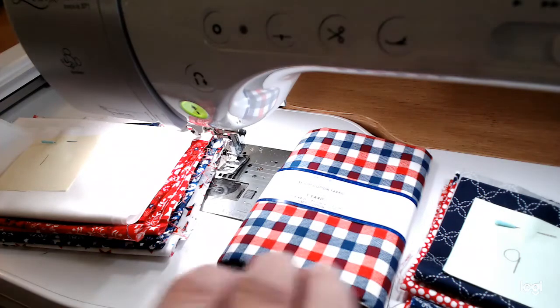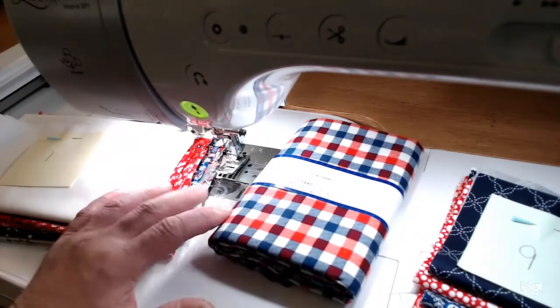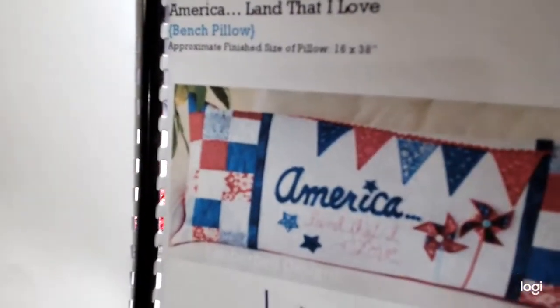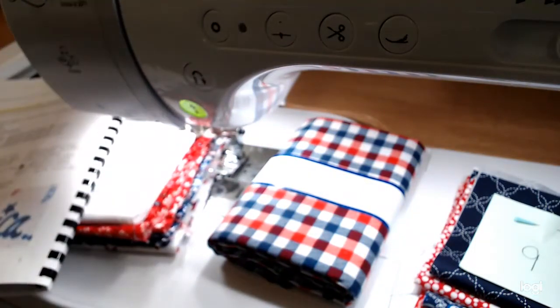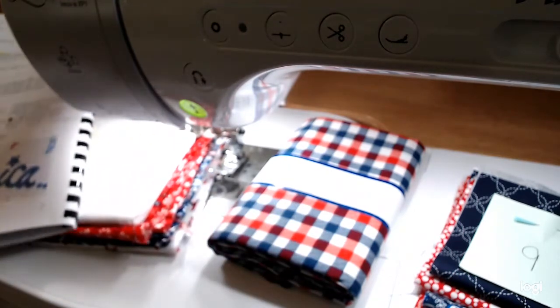Hi everybody. So I wanted to make a short video about how to pick out your fabrics for America Land That I Love. So we're going to do this Kimberbell bench pillow, America Land That I Love. And I just wanted to make a little video about picking out your fabrics. It's going to take us several times to create this. So I thought, well, I could do this in a pre-recorded video so you could be looking at this ahead